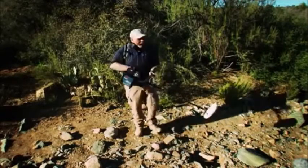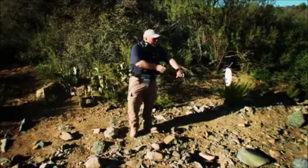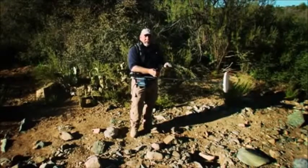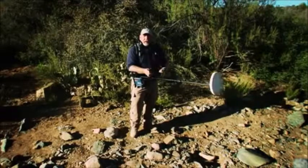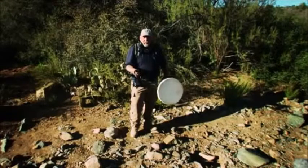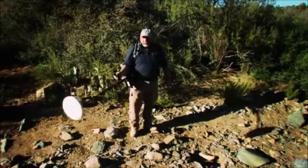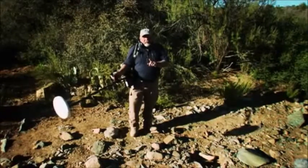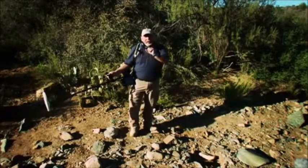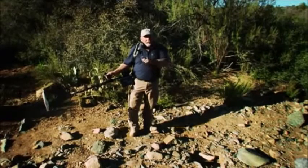Holding the detector about 20 inches off the ground with the coil vertical, you're going to make a half circle, listening for interference. And that interference is going to change the threshold sound that you hear. It'll probably get a little bit faster, or it could get slower. Do you hear that change? That's a point of interference. But we're going to continue to make the half circle, just to make sure that there's not a louder point somewhere else. And there's not. So we're going to come back to this point,